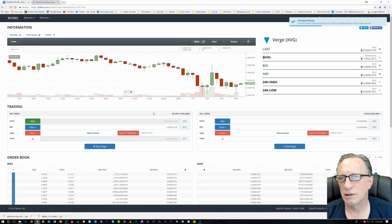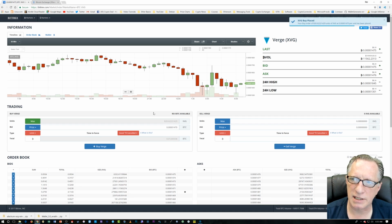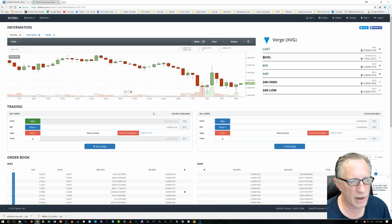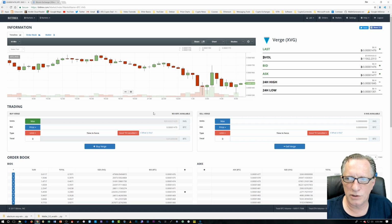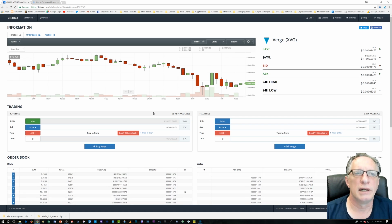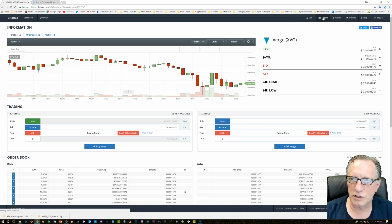And there it goes. XVG buy placed. Now, I guess some of my commenters have mentioned that when you place a limit order, it doesn't get filled right away. And if I were to have placed a market order, it would have been filled automatically right away. But like I said, I don't see market on here. Maybe if I'd have chosen bid or ask, it may have gotten filled quicker. I don't know. But it is going to take a little while for the Verge to show up in my